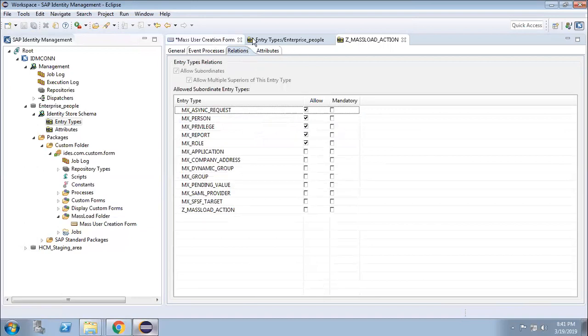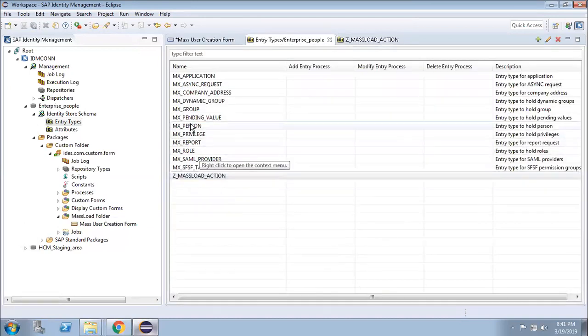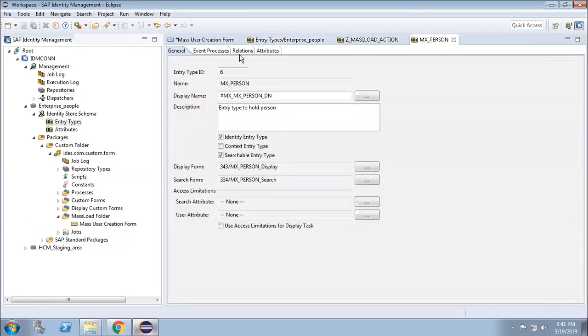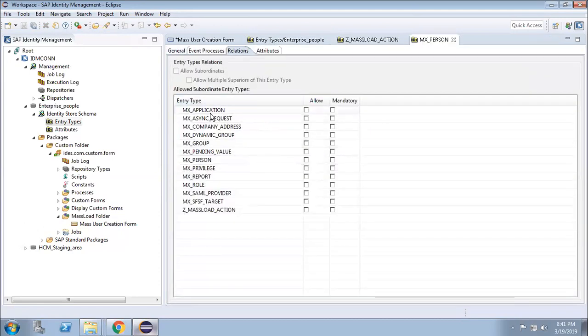Another thing I will show you, MX. Let's open the MX person and relationship. See here, it is not superior to anyone, right? No other attribute is superior to MX person.